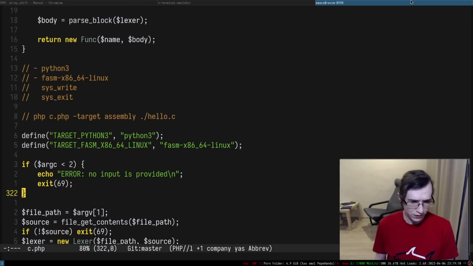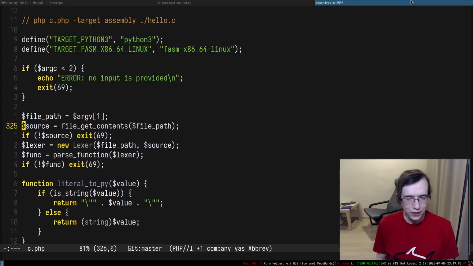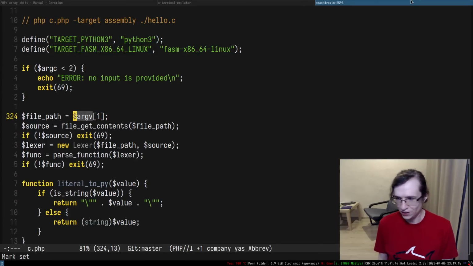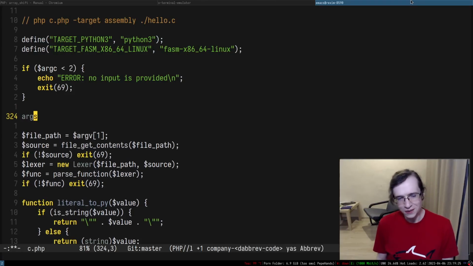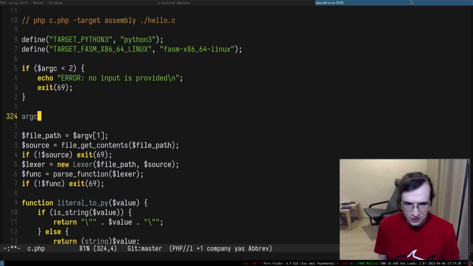Right, so we have argc. And in all fairness, I don't quite understand why I have argc in a language where I can just measure the size of argv. The reason to have argc is purely because C doesn't have a way to get the size of an array at runtime.